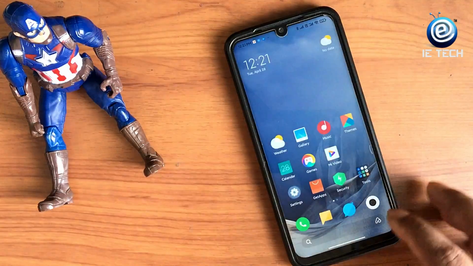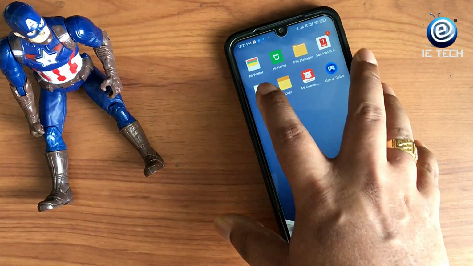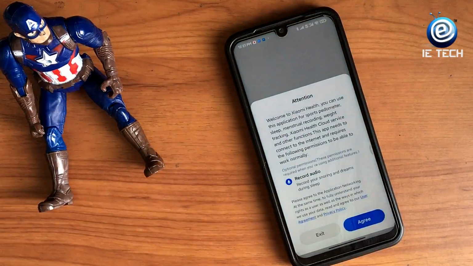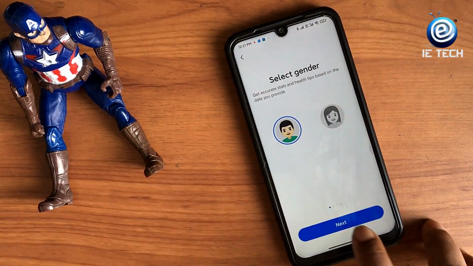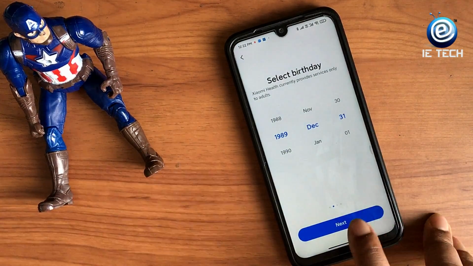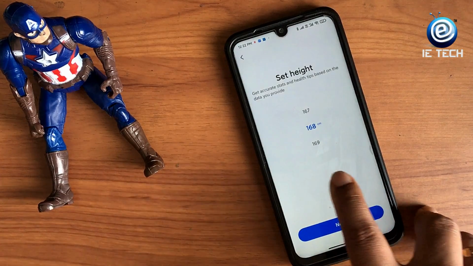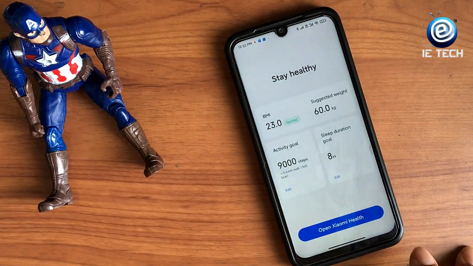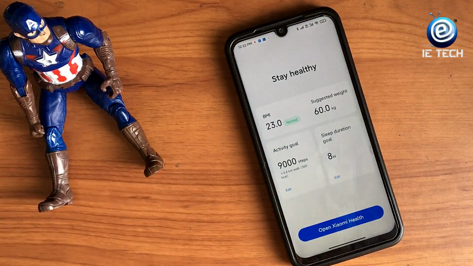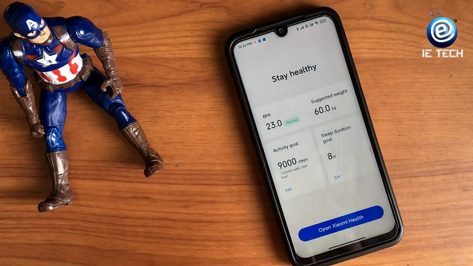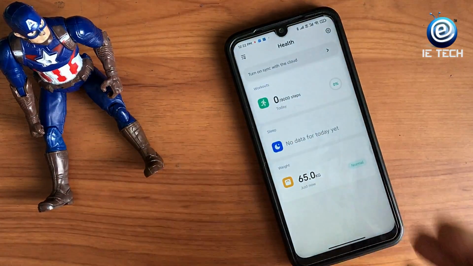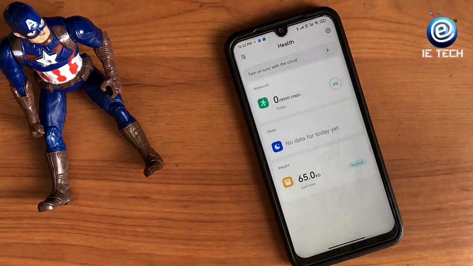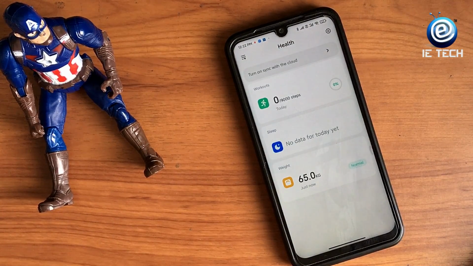So let's go to the health section, which I was talking about. Now the health app is integrated into MIUI 12, and it will be there in the MIUI. So I will just click next. Okay, so it says every aspect of your health, and it will actually sync up with your cloud if you have your health data.